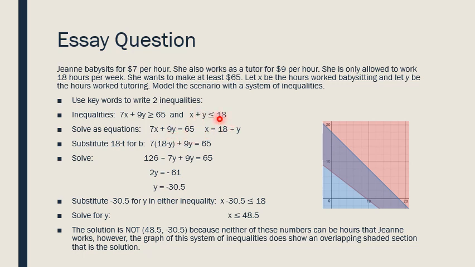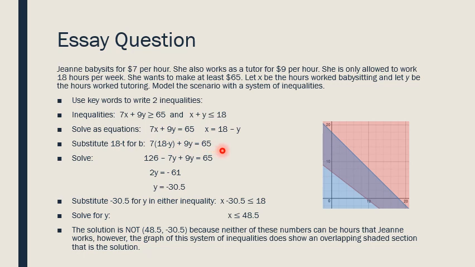Let's see, it's easier to solve this one. So subtracting Y from both sides, I get X equals 18 minus Y. Then I can use 18 minus Y for X in the next equation. So instead of 7 times X, I'm using 7 times 18 minus Y, because it equals X, plus 9Y